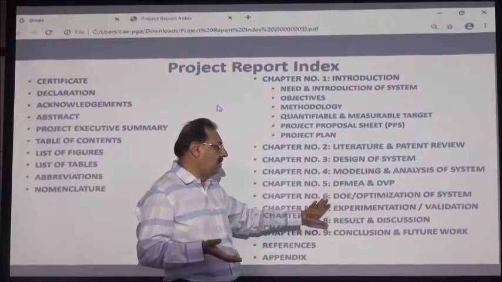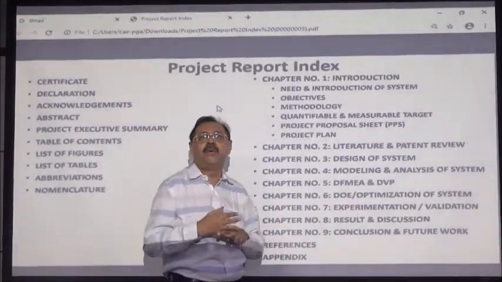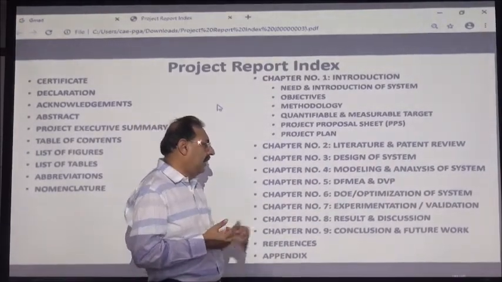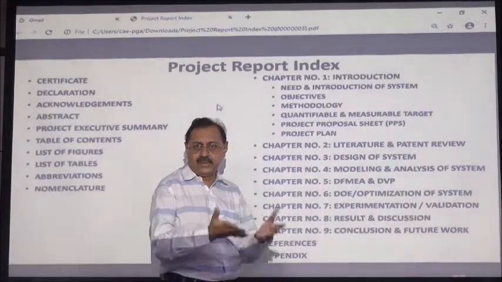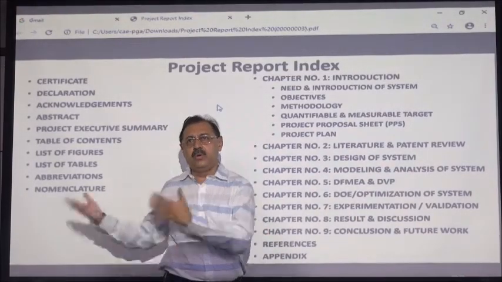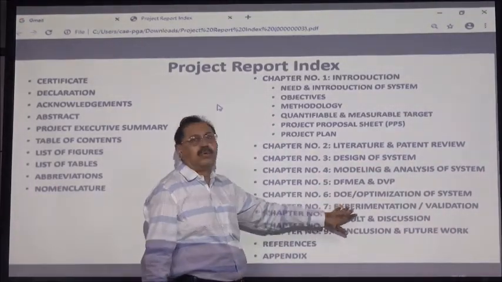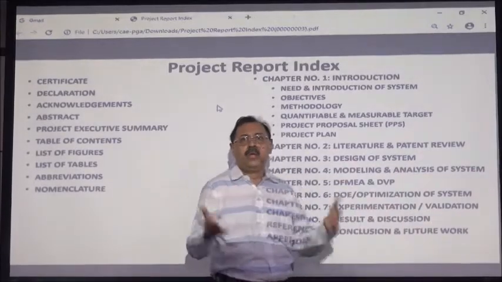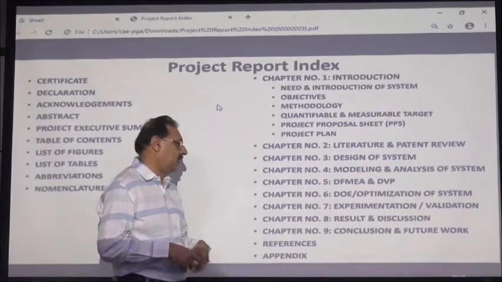You can do design of experiments, you can do optimization of systems, you can do some experiments and find out that some more modification is required. So that is chapter 6. Chapter 7 is the actual experimentation done. So you have tested something in an engine lab or a noise and vibration lab, or you have tested on the road. All those experiments would come here, which is basically part of the design validation plan. At the end, you have to produce the DVP&R, that is design validation plan and report.